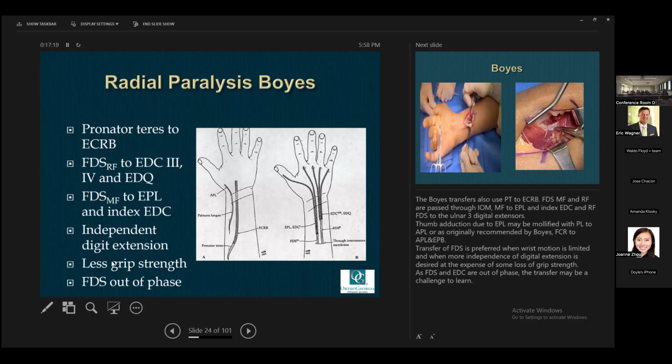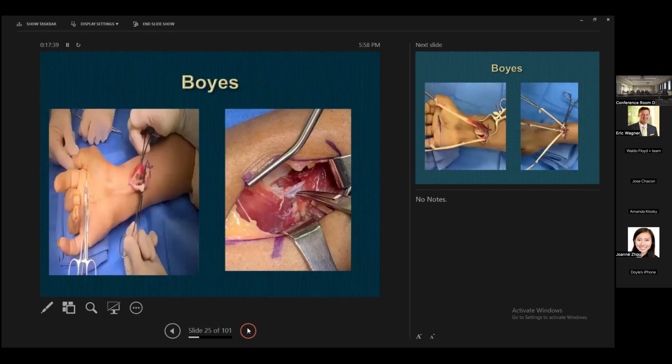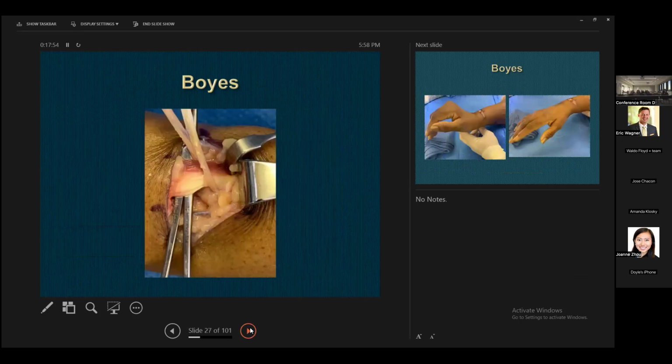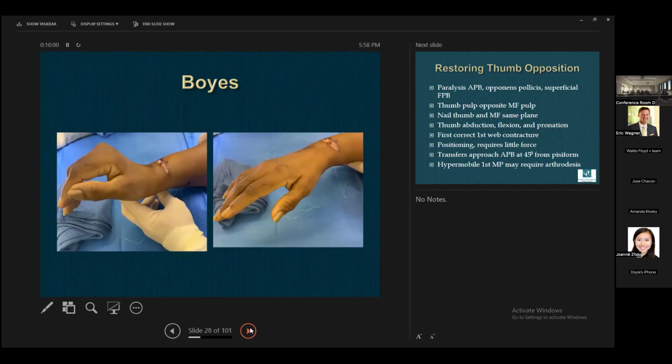There is less grip strength, and this is an out of phase transfer and can be more difficult to learn. And you can see he also added in some patients transfer of the palmaris longus to the abductor pollicis longus to augment thumb abduction. This just shows harvesting the middle and ring FDS. There's a window radial to the neurovascular bundle of pronator quadratus, and then with the dorsal transfers. And this is sort of a sandwich technique to the more ulnar three fingers, and just testing the tenodesis effect